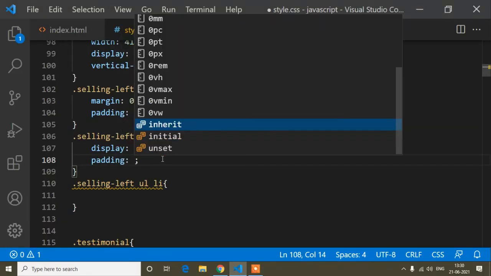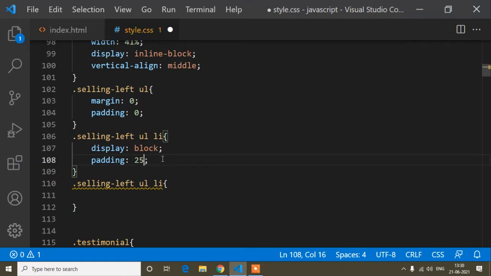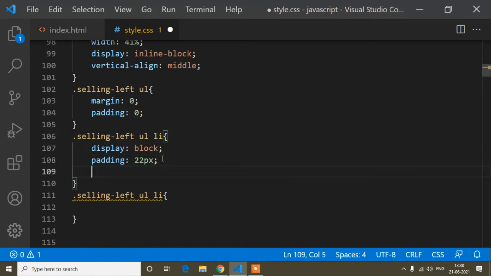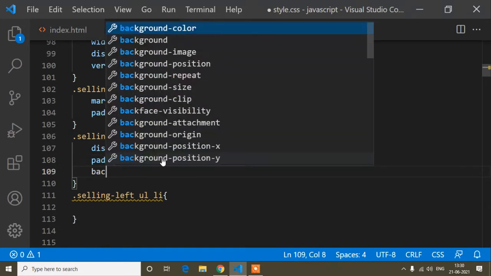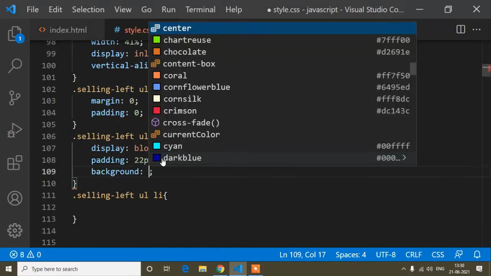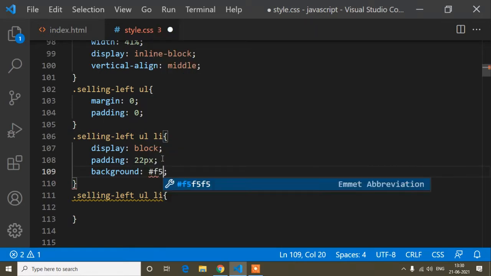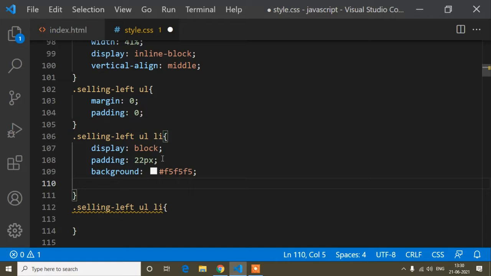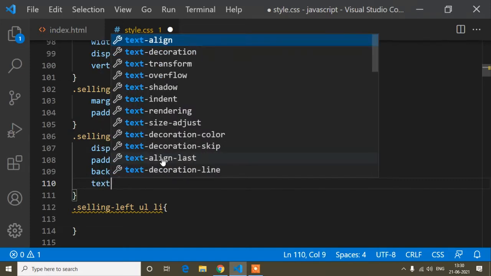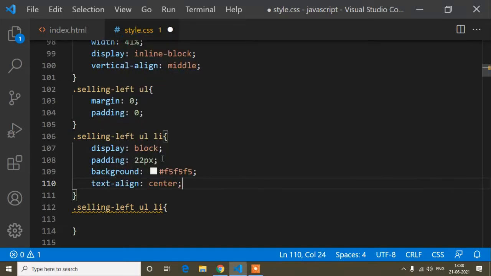Okay, and now padding. So padding is 25 pixel, not 25, I will write here 22 pixel. And now after that background color. So the background color is hashtag F5, this grayish color, and text align is center.